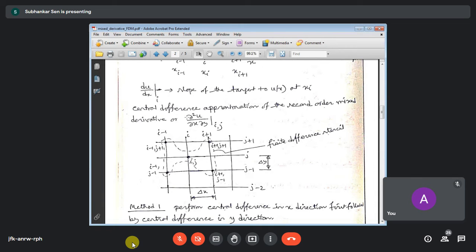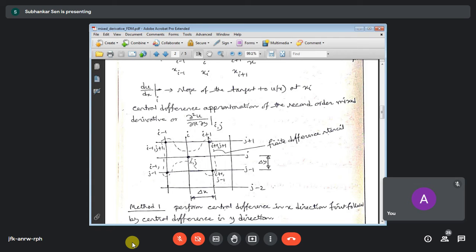Now, since this is a cross derivative, only the points which are cross relative to this point should be important. If you draw a cross symbol at point O, what are the nodal points that will come into the picture? One is this point itself, and then this point, this point, this point, and this point. These 4 points will be the immediate or important neighbor points to evaluate this cross derivative or mixed derivative.